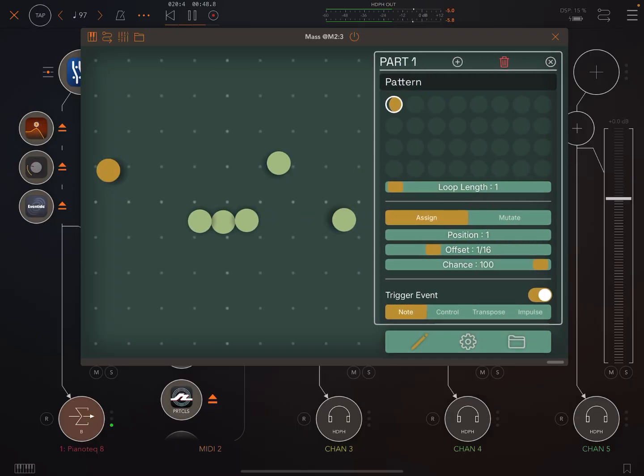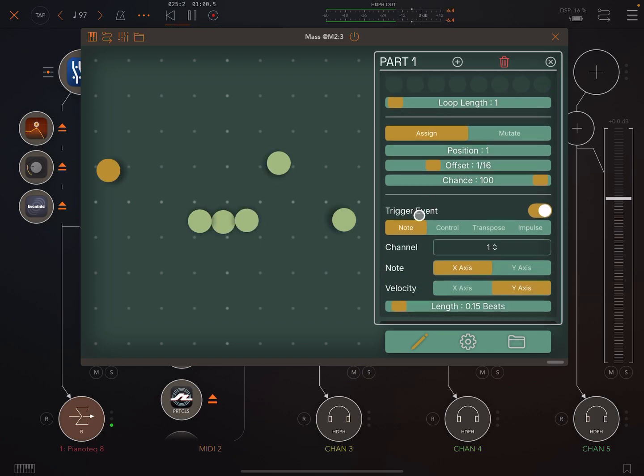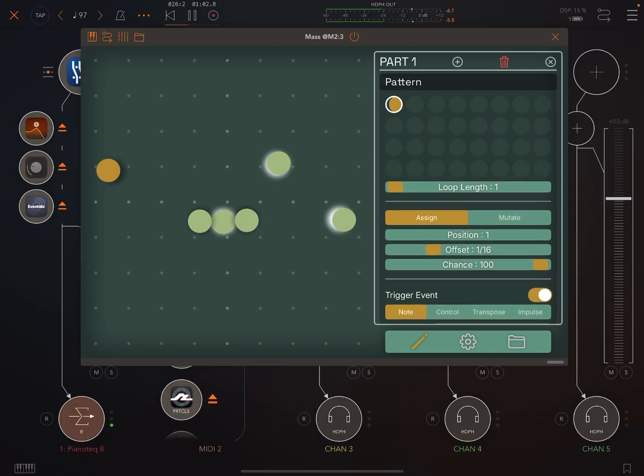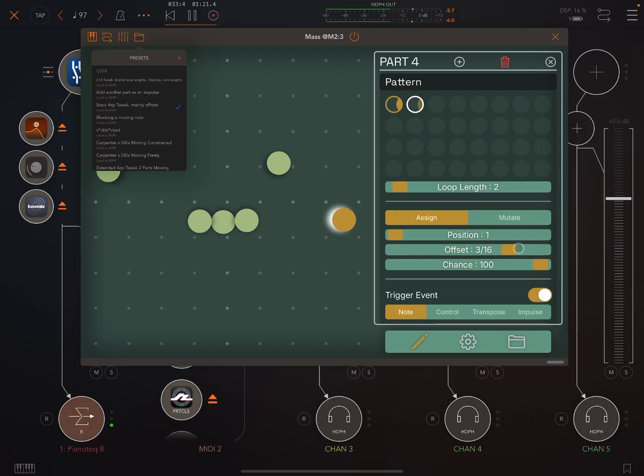So if I tap on something, you can see here this is just set as one step and it's triggering every time, and it is going to trigger a note. But I've put this little 1/16th offset here. And here we've got a 14 tick offset. In this, there are 24 ticks in a quarter note. So ticks are very fine little values,